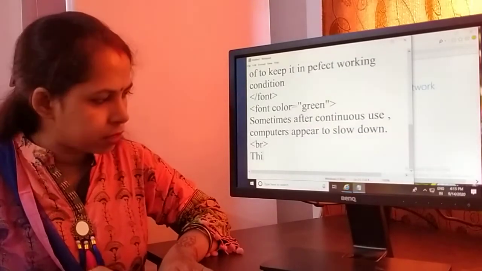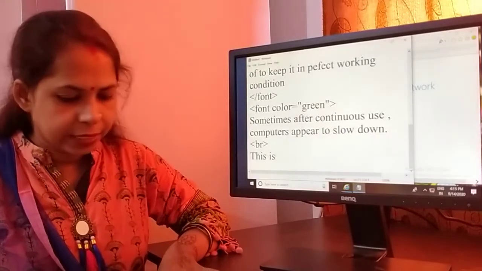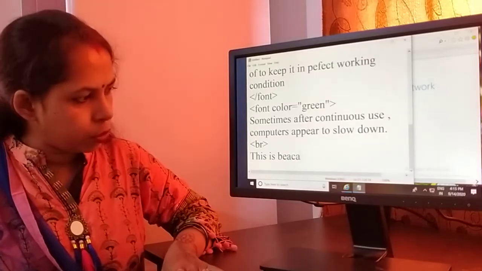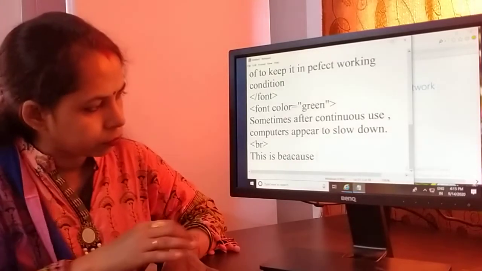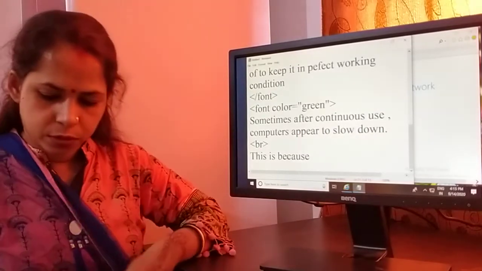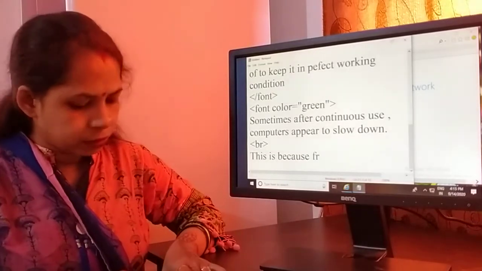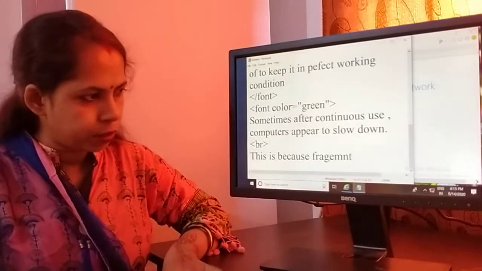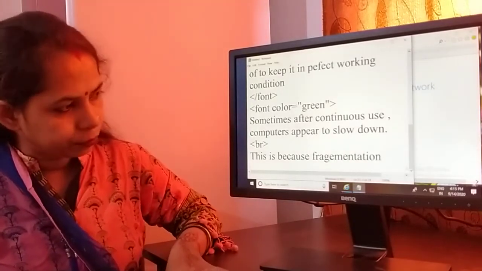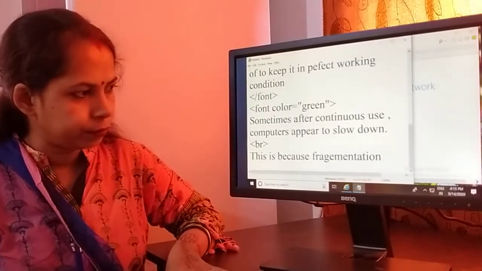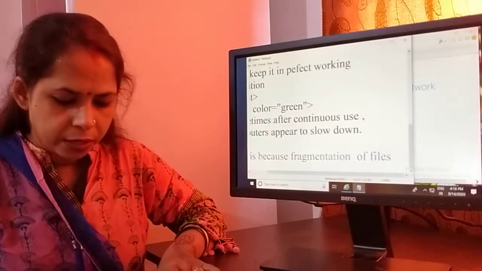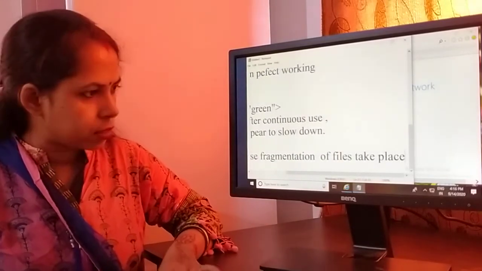"Because fragmentation of files takes place."